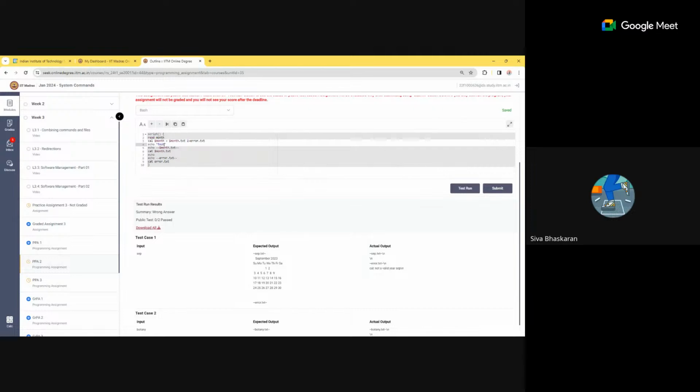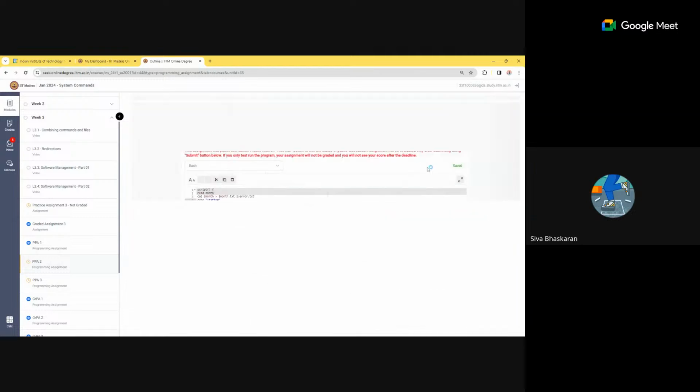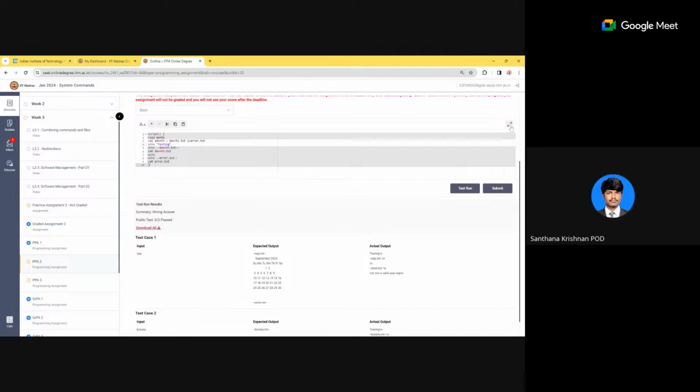So, testing. Let's say test now. Are you guys still able to see? Testing is getting printed, and the error is getting printed. Line 5 is getting printed. Line 6 is not getting created.